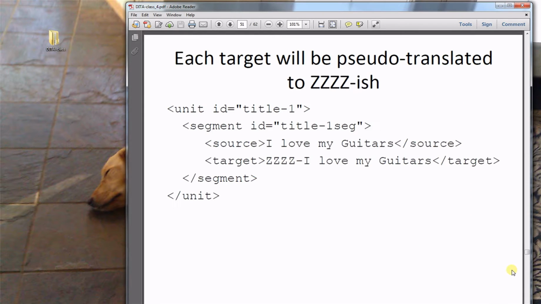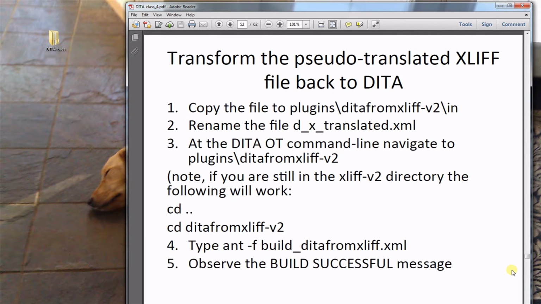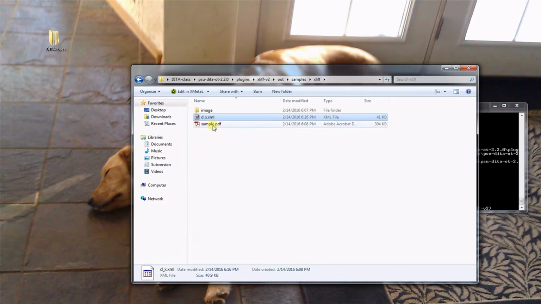And the next step is to transform the pseudo translated XLIFF file back to DITA. Copy the file that we just translated into this other plugins directory and call it this DX translated XML. So I'm going to do that. I'm going to take this file then, and I'm going to copy it. So in Windows, I do Control C, and then I'm going to change directories back into plugins,